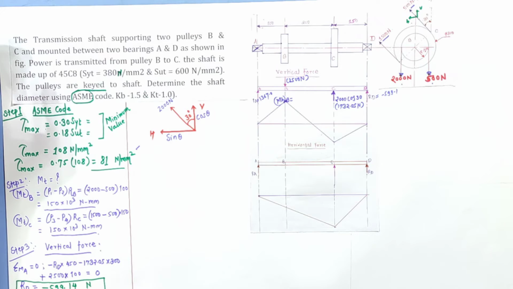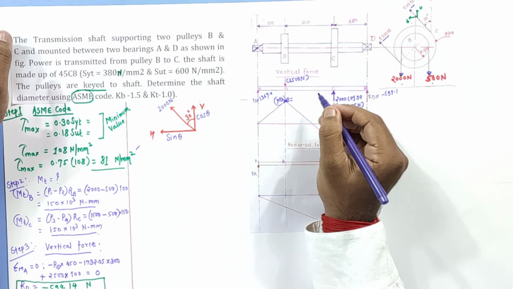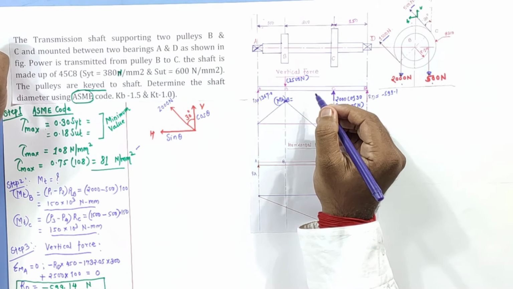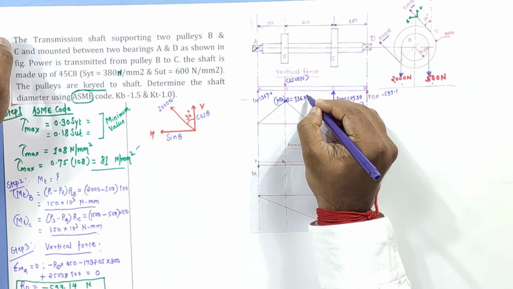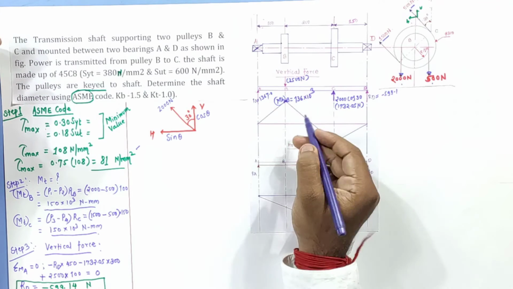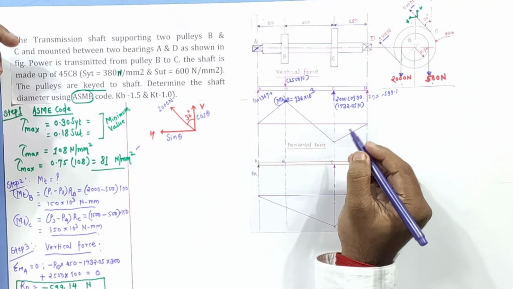Correct? So we will get the bending moment at point B. I'll write directly, in short, 136 into 10 raised to 3. Simplification. Clear? So the same value I have written. And for the bending moment, because